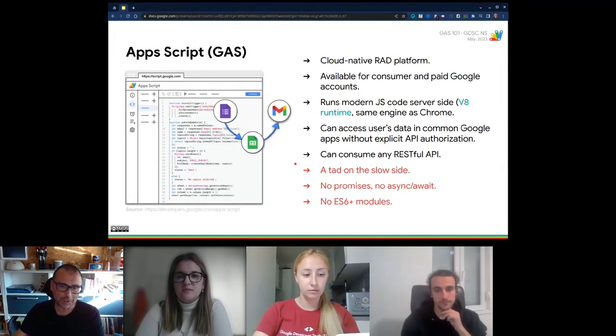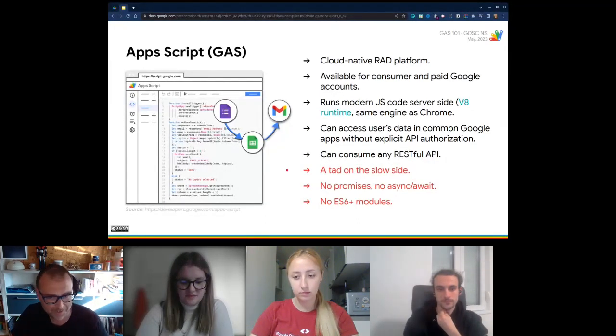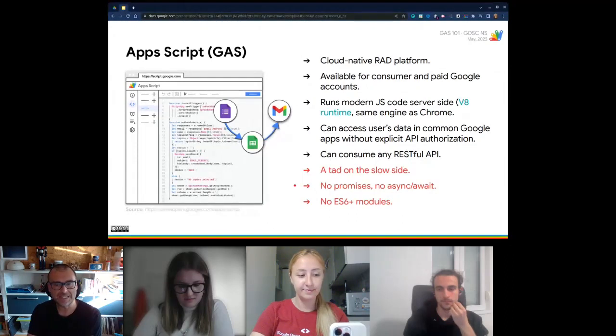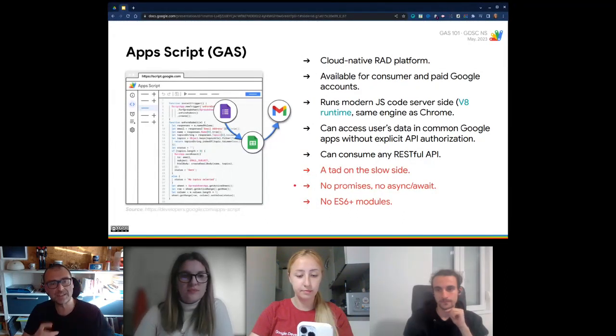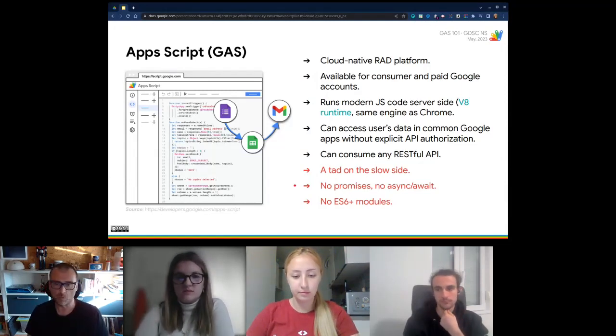But on the not so bright side, it's not the fastest of platforms. Just don't intend to program a video game, an action game, here, for instance. There are no promises, no async await. Well, in fact, the syntax accepts using promises and async await, but there is no asynchronicity, so they are of no real use in a real world scenario.